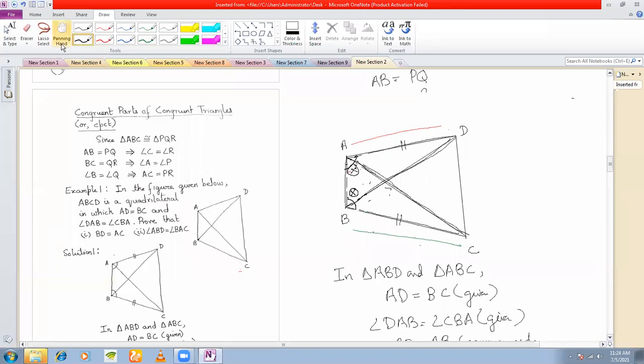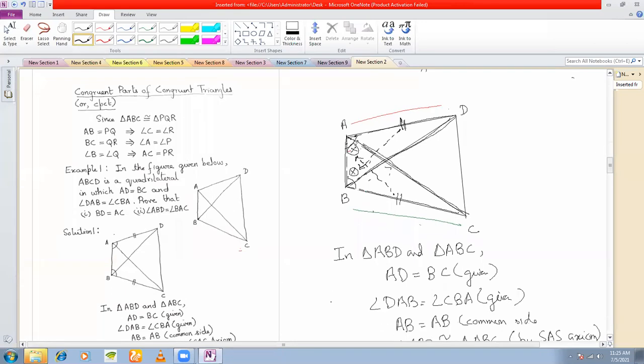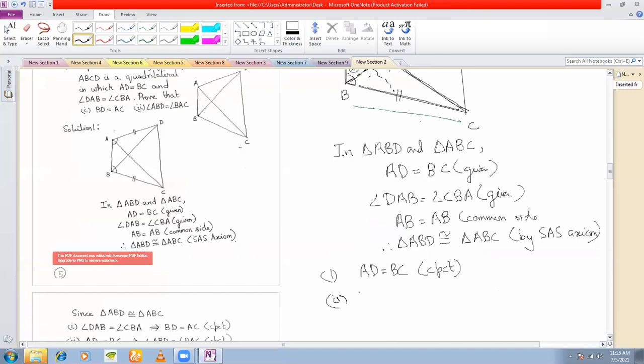See that if you have proven the congruency of these two triangles, these two are the angles of the triangle, right? This is the equal side, right? In this triangle, you see opposite to this side is which angle? This angle. And opposite to this side is which angle? This angle. So therefore, again by CPCT, you can say these two are equal. You can say angle ABD is equal to angle BAC by CPCT.